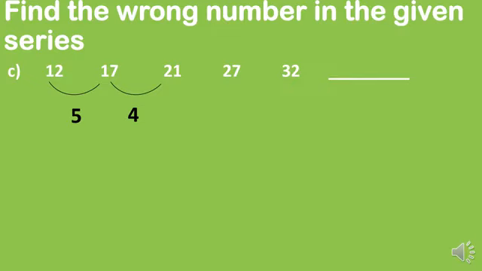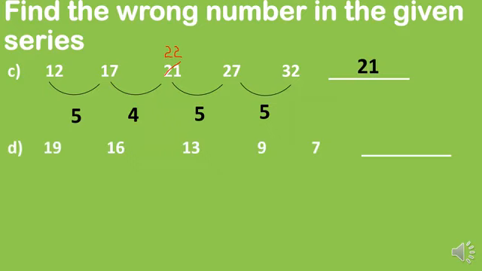So if you take the gap of 5 numbers, the number should be 22 instead of 21. Then 22 plus 5 is equal to 27. So between these also there is a gap of 5 numbers. Then between 27 and 32 also there is a gap of 5 numbers. If you are not able to get the gap in the second number, you can catch it from the last also. You can check backwards too. If here it is 5, here also 5 and here also 5, then you can easily connect that this number is wrong. So the wrong number in this series is 21.